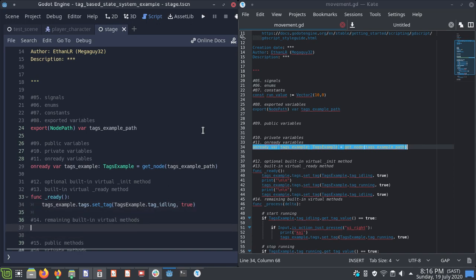Now let's make it so that we have some interactivity. When I am idle, I want to start running when I press the right button. So let me get that typed up. To start, let's begin with the logic. If I am idle, according to the relevant functions, it would be tag dot get tag value. So to refer to the tags, I use the global name tags example,